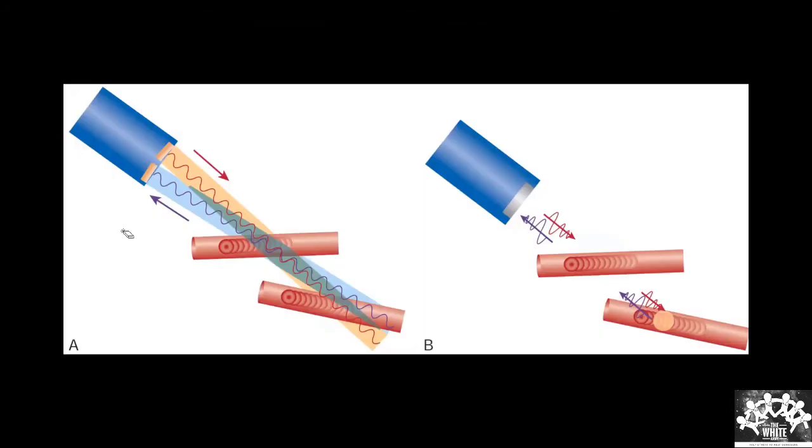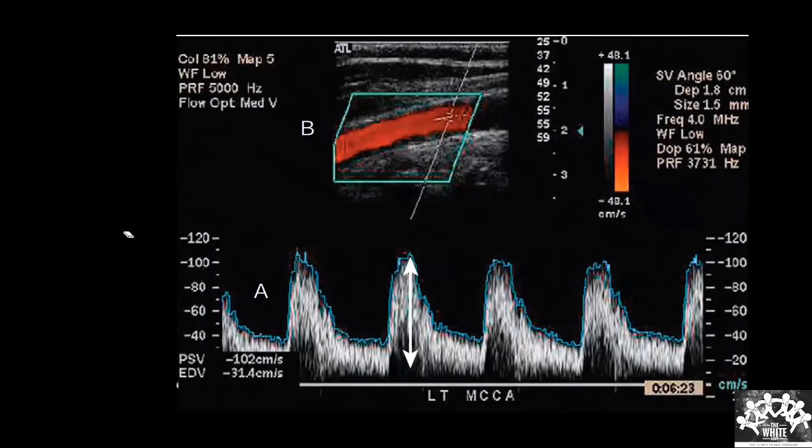Doppler principles I told you. Now tell me the amount of flow. What is the velocity of the flow in the peak systolic flow? Tell me what is the peak systolic flow in this image, based on our Doppler classes. Okay, around 100, 110. Good. What is the peak diastolic flow? Good, around 30 to 40.